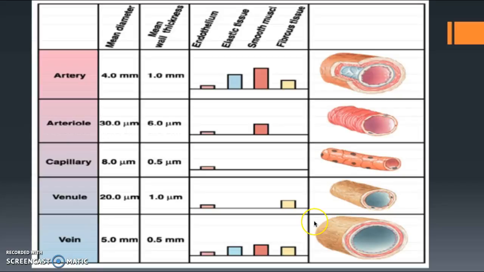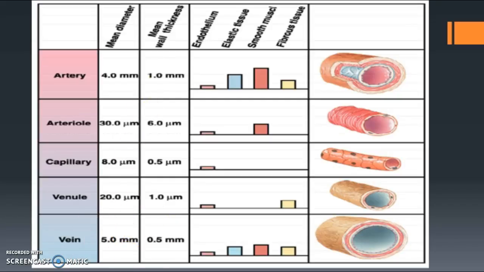So for example, from the table we can see that an artery has a smaller diameter than a vein, but has a much larger wall thickness than a vein, as it has 1 millimeter, whereas this has 0.5 of a millimeter in thickness, and this is also to do with the different roles that each vessel has. So for example, the arteries carry the oxygenated blood away from the heart, whereas the veins transport the deoxygenated blood